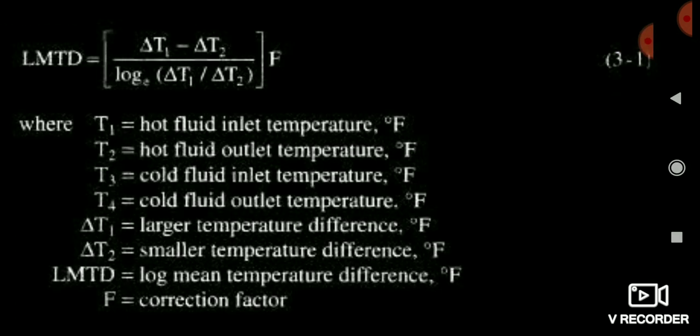Most important thing in LMTD is how to calculate the delta T1 and delta T2 value. Friends, you see here we have to be conscious about the F, meaning correction factor, because many times in the question it is given and many times it is not given. When it is not given, you don't have to worry about it, but when it is given in the question, then you should multiply the LMTD by the correction factor, that is the F value.